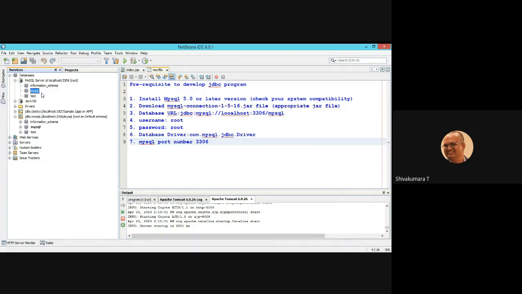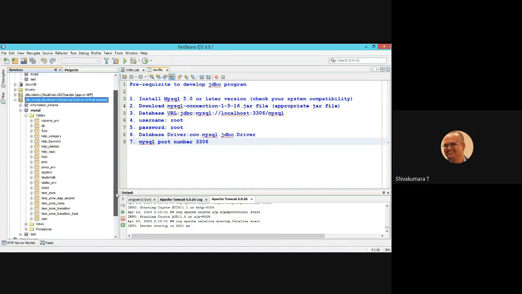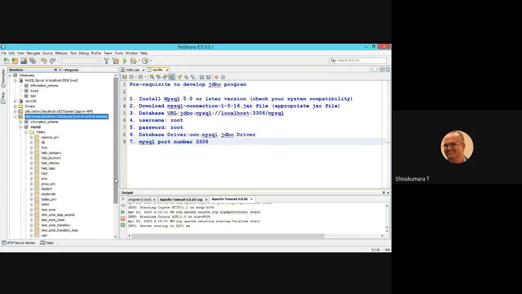Right click and connect it. It will connect this instance. When you expand that, you will obtain the instance of this MySQL schema. Again expand this MySQL. You will have 3 different folders: tables, views and procedures. Under that tables there is a default number of tables which exist along with the MySQL, among which you are going to create your own table. Now to create your table, right click on the tables, create a table.